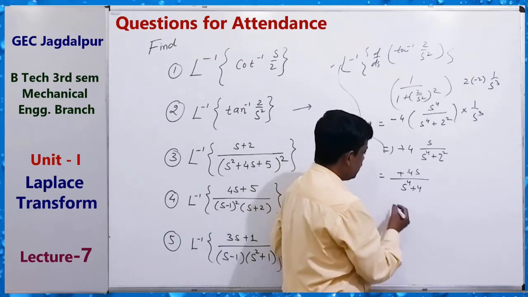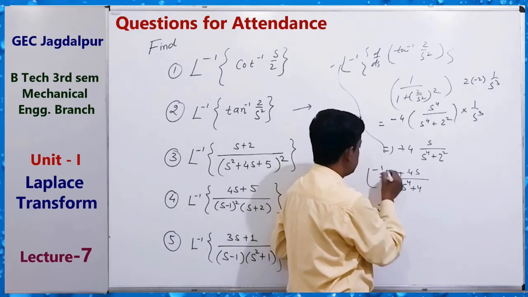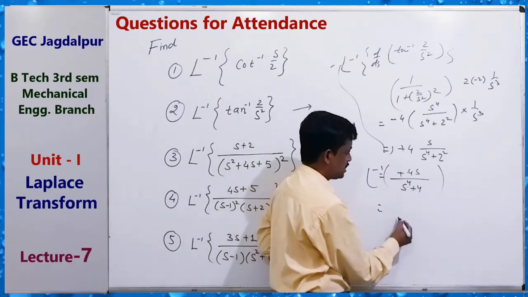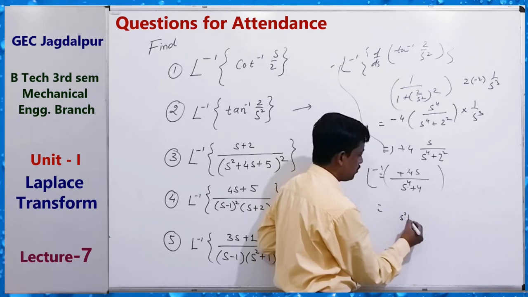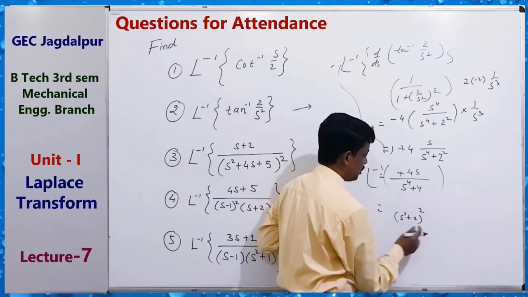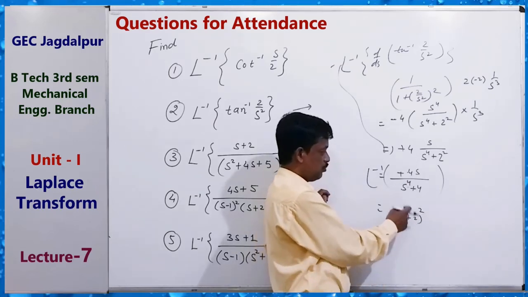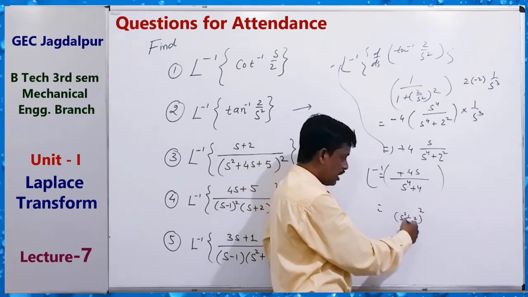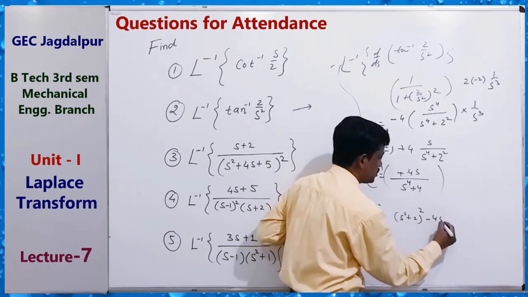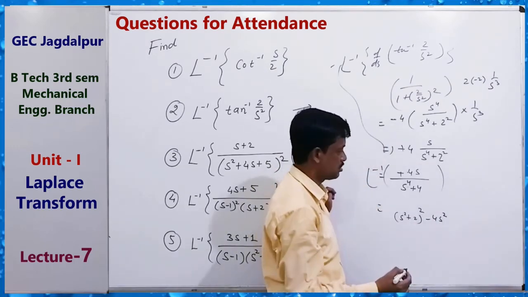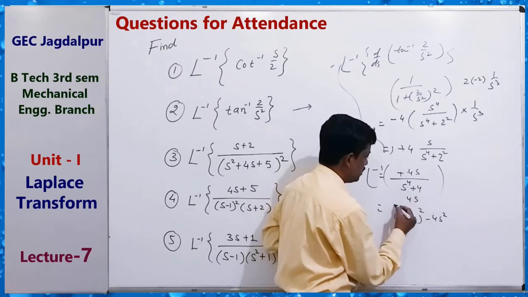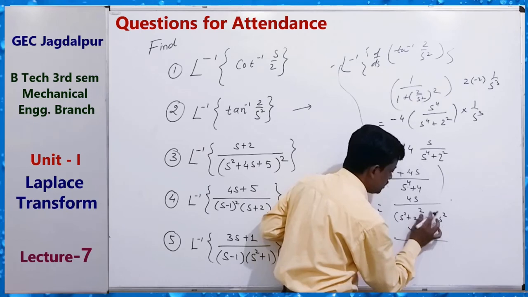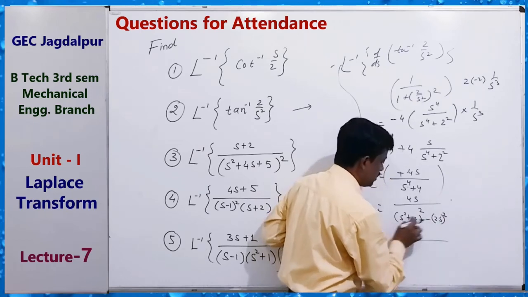So we can convert it. Now the inverse Laplace transform of this can be found. How? s power 4 plus 4. So s square plus 2 whole square, plus s power 4 plus 4, plus 4s square, so minus 4s square. Okay, minus 4s square, it can be written like this, 4s by this. So 4s by what? a square minus b square, this can be written as 2s square.